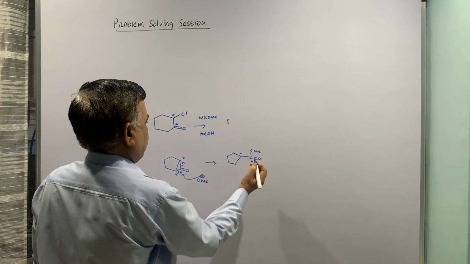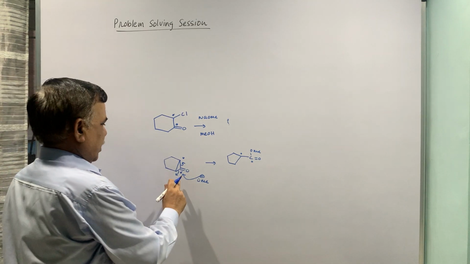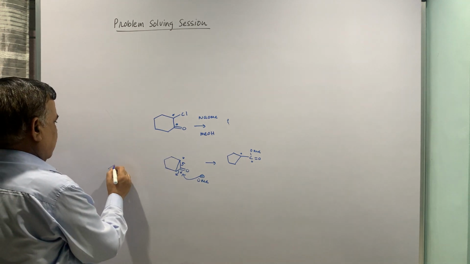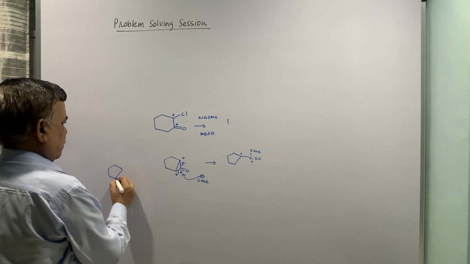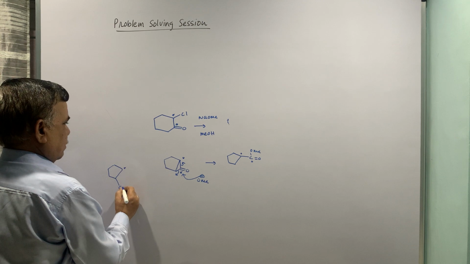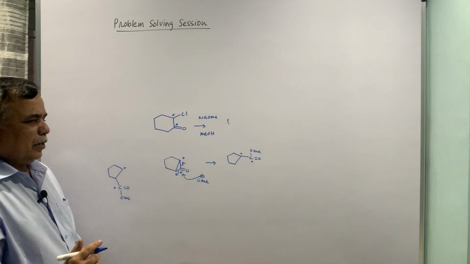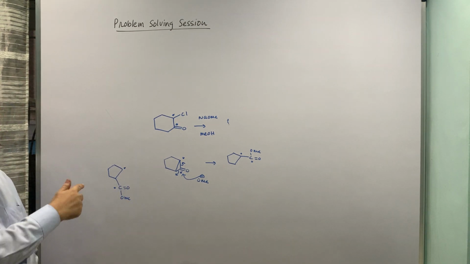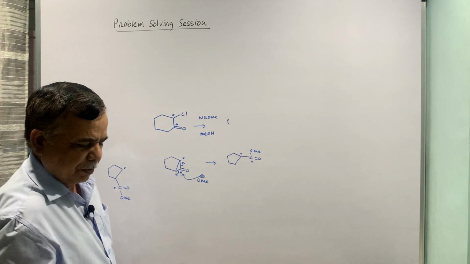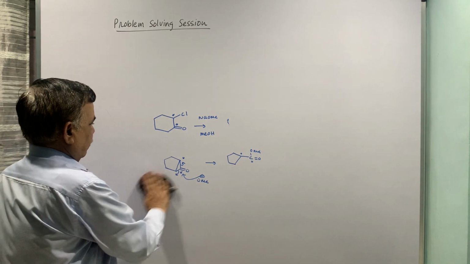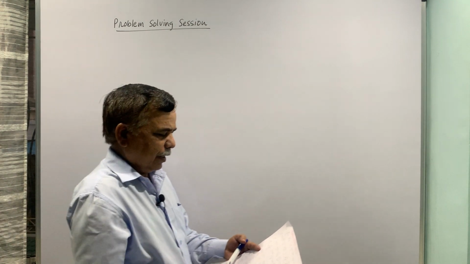COOMe. So the labeled carbons are adjacent. For this I am putting it on the other side. It is not on adjacent carbon, it is on the next carbon. One intervening carbon is there. They are adjacent, these are not adjacent. So the label is also shifting. So this is your Favorsky rearrangement, wherein the labeling experiment is also included in this example.